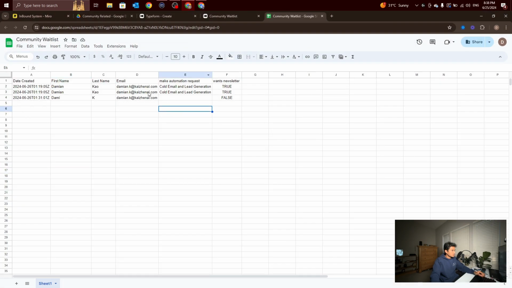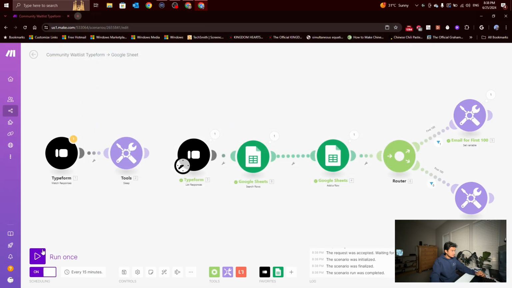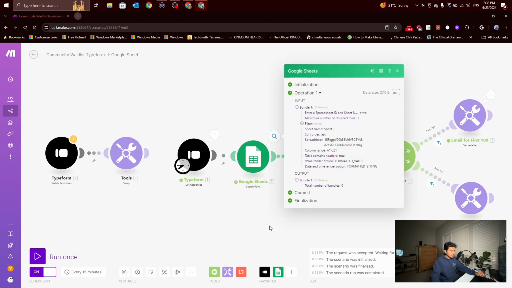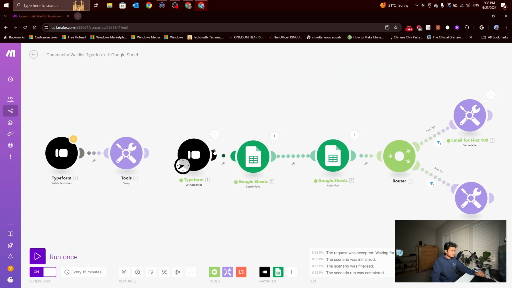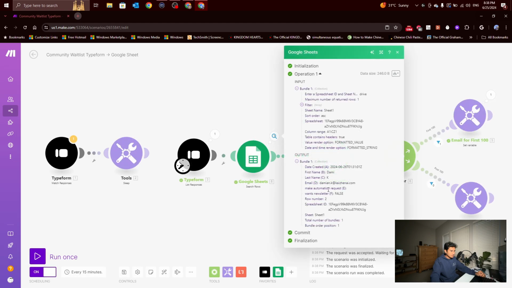If I were to delete the email addresses from here, or just delete everything rather. Now it's going to give me an output bundle of 0. But now that I've already sent one through, it has to give me a value of